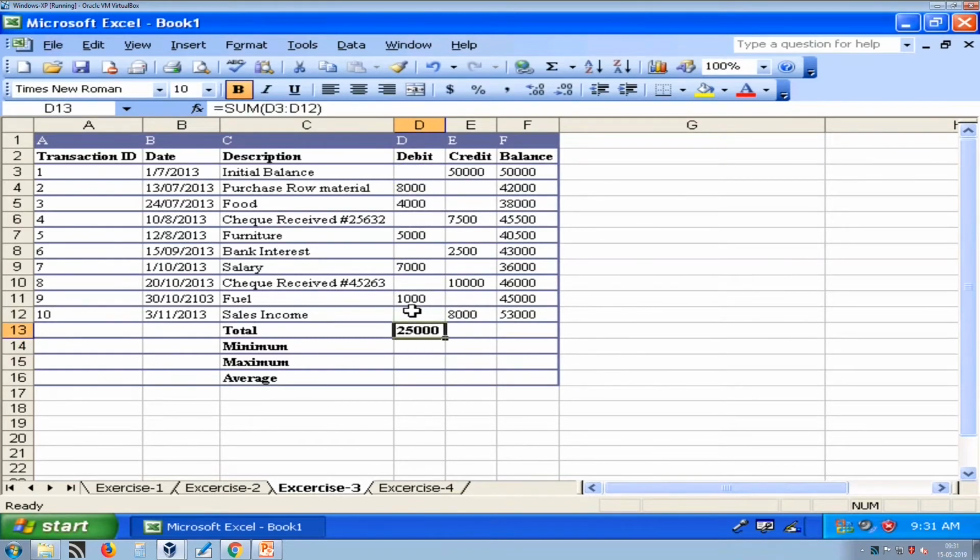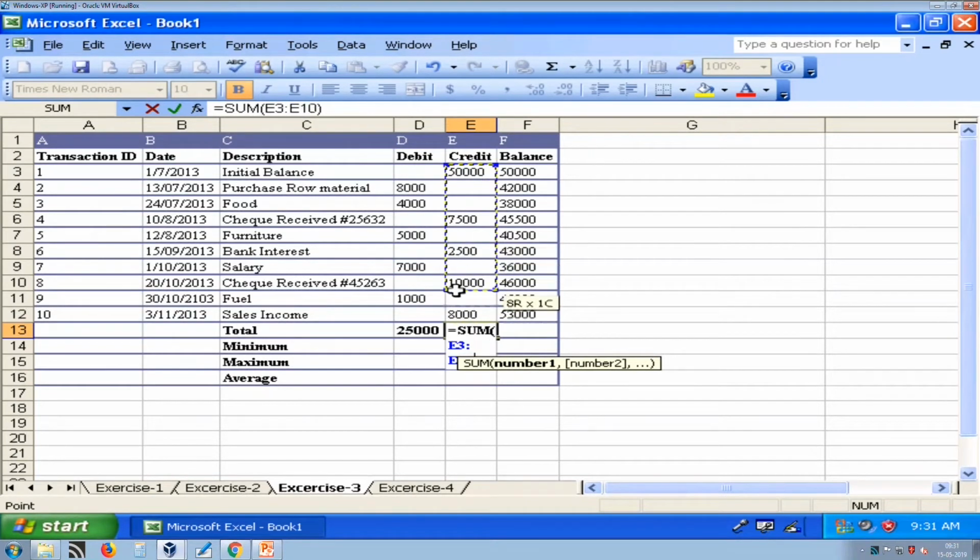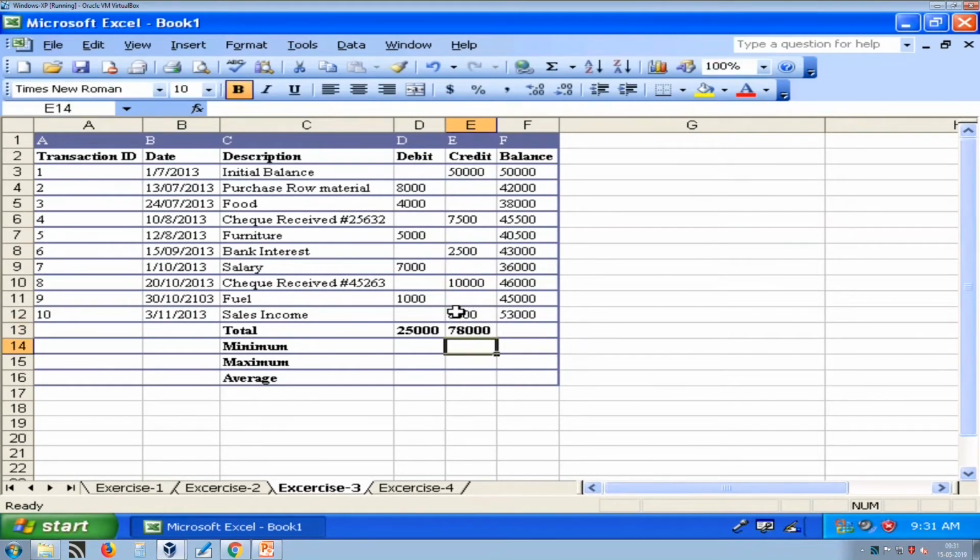So, the total debited for the given range is 25,000. Likewise, you can calculate the total credit for the given range. Here press auto sum and change the range. Then press enter. Now, you will get the total credit for that range.